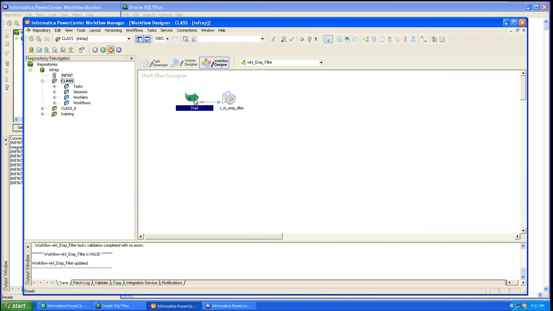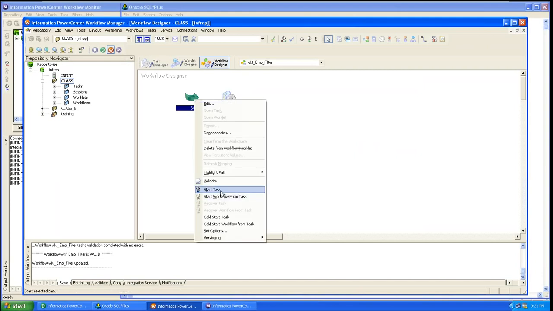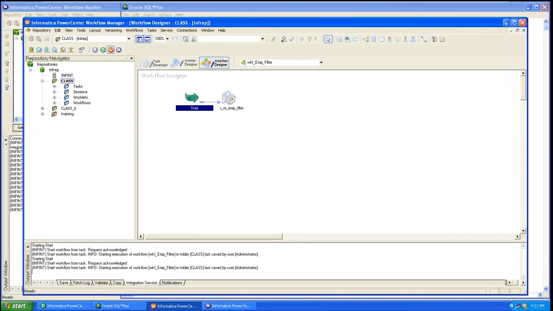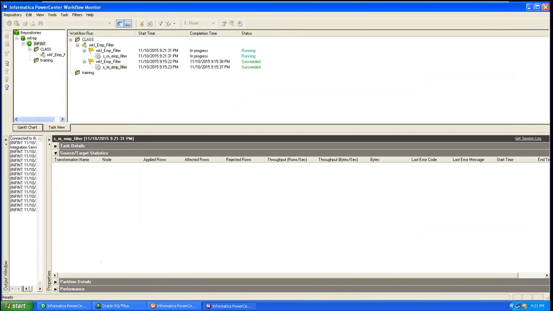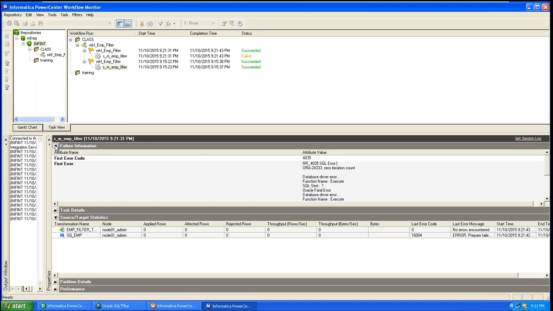Now open the monitor. It's running, right? Good. See, it failed. The failure information it will give in the statistics, right? You can identify the error here only. If you can't identify the error here,